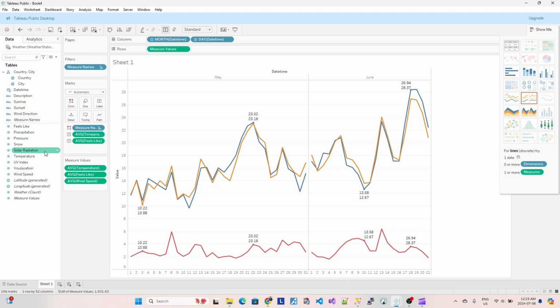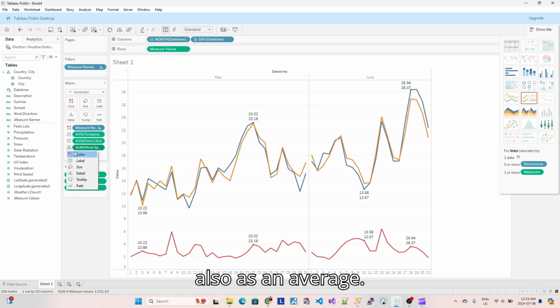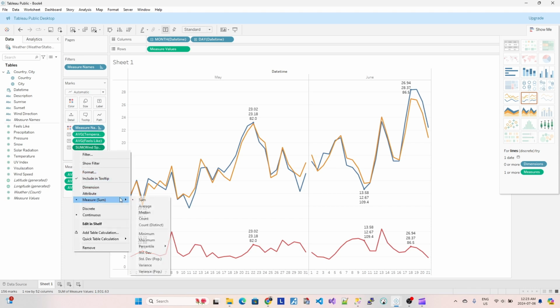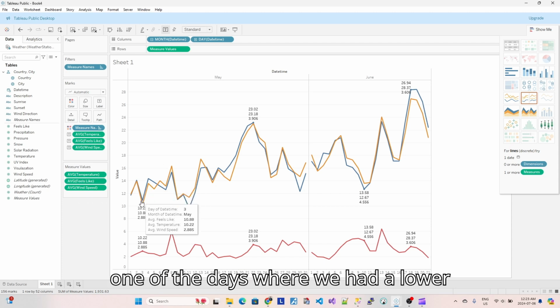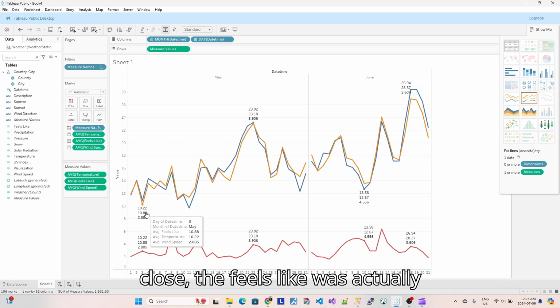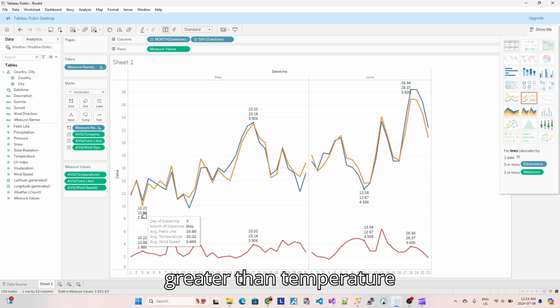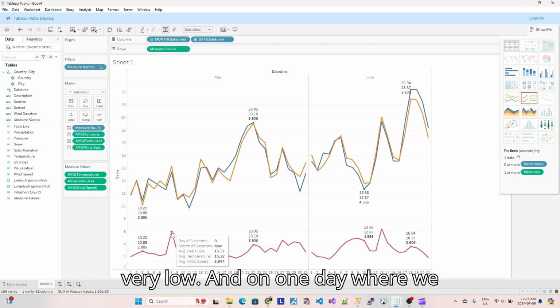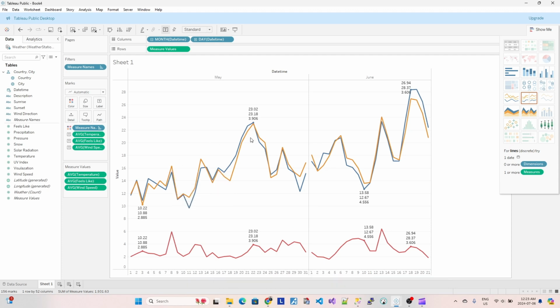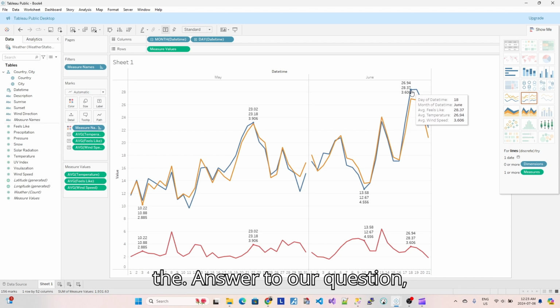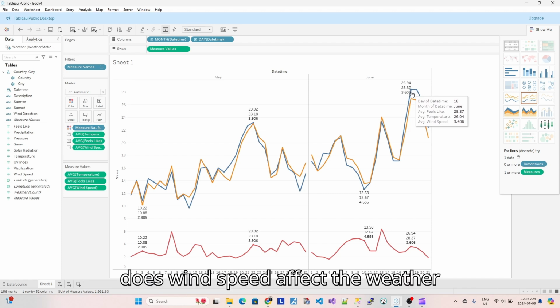And let's add the wind speed also as an average. There we go. So we can see that on one of the days where we had a lower temperature and it was very close, the feels like was actually greater than temperature. And the wind speed was very low. And on one day where we had strong winds, the difference was very insignificant. So it's showing us that it's not the answer to our question, does wind speed affect the weather sensation, would